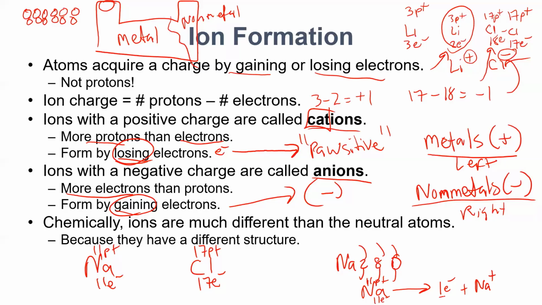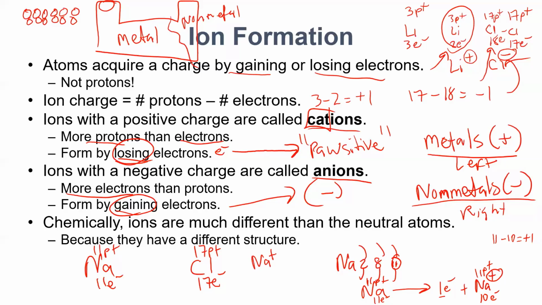And if I lose 1 electron, now I have 11 protons and 10 electrons. 11 minus 10 equals a plus 1. That's why sodium forms a plus 1 charge. And the reason why it does that is this, we're going to see that this outer electron is lost. But if I take sodium that has a plus charge as an ion,